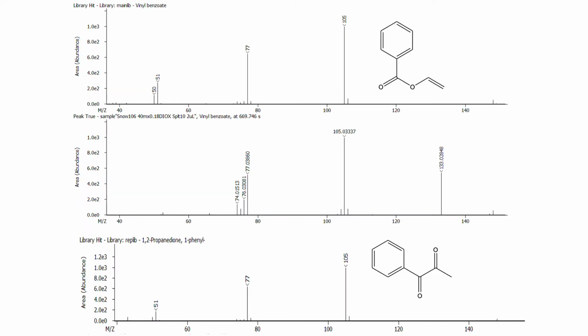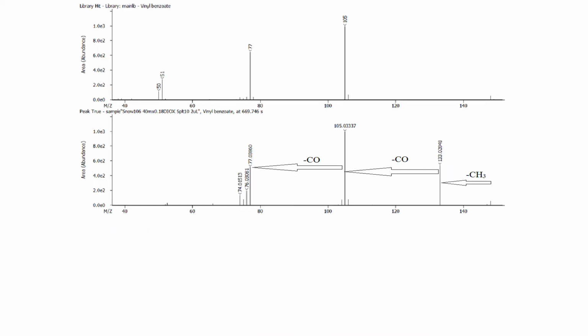And here you have the spectrum of our component in the snow sample. This is the best hit, and this is hit number 9. Look, molecular ions are everywhere, and the mass is correct. And the majority of peaks are here, but in our case, we had this 133, which was not present in both spectra of possible candidates.